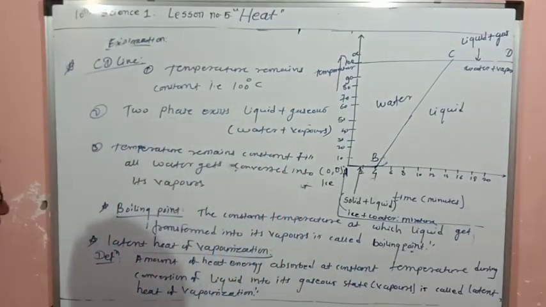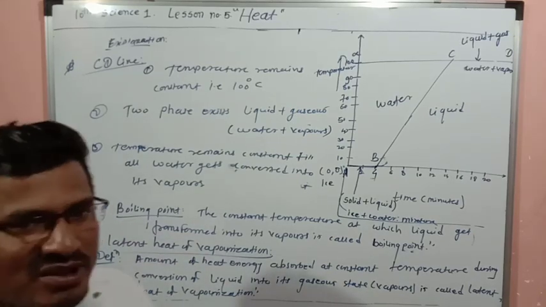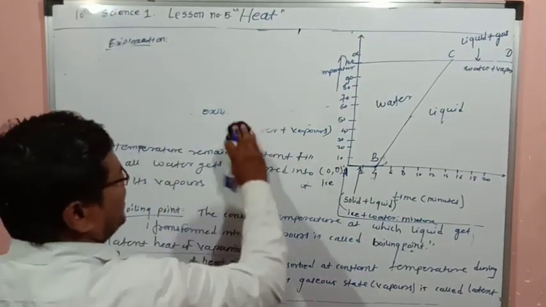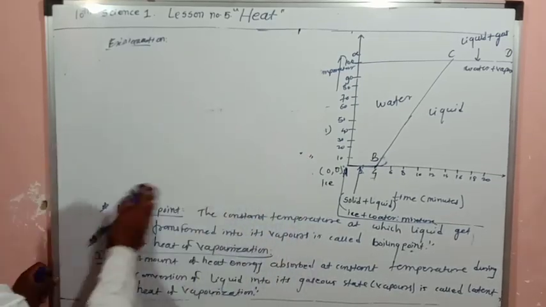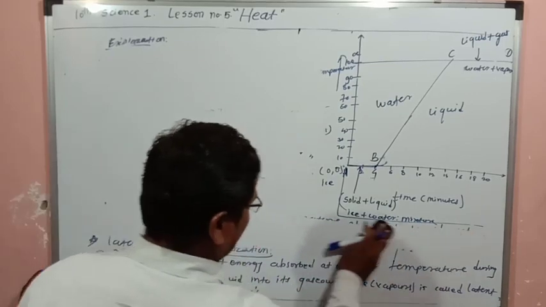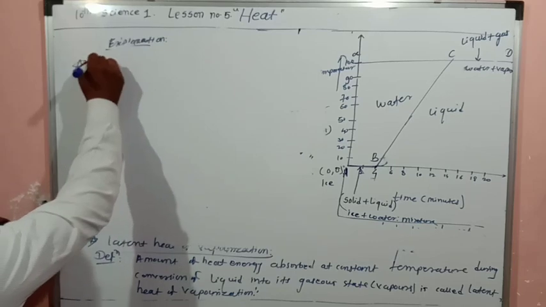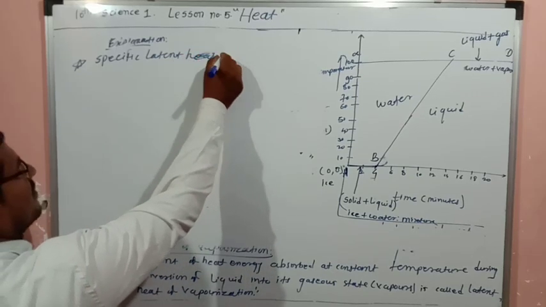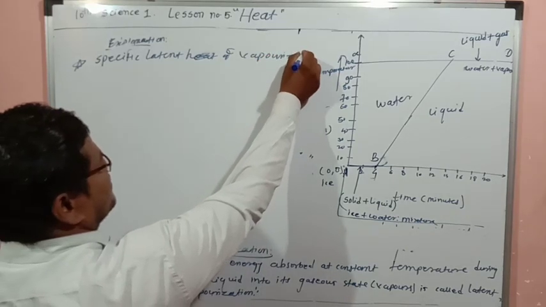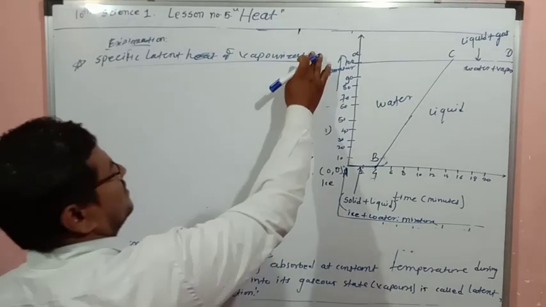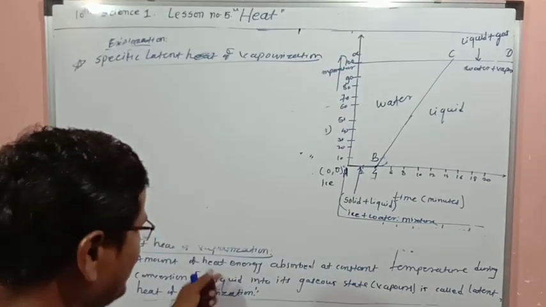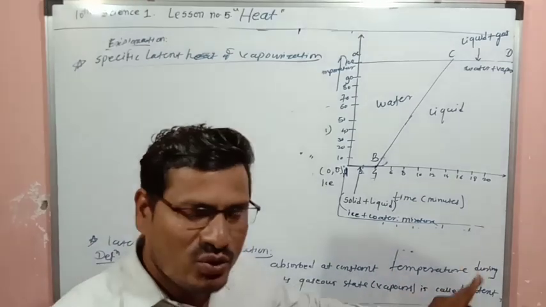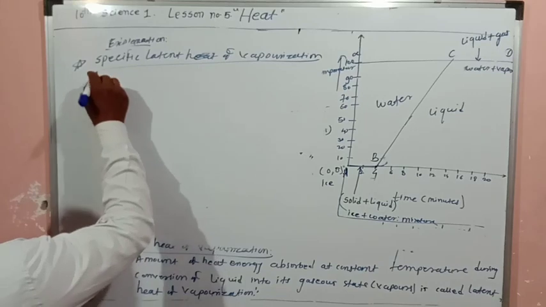One more concept is the specific latent heat of vaporization. In that same definition you just have to add: at constant temperature by unit mass of liquid. Only one word you have to add. So definition: